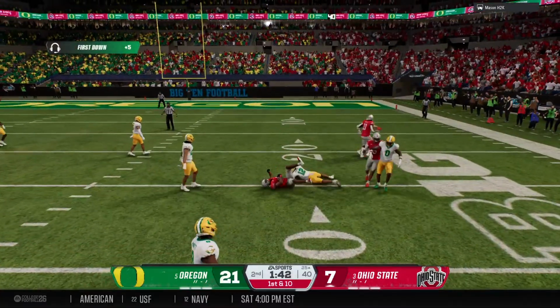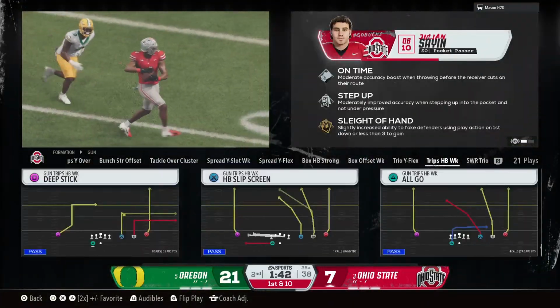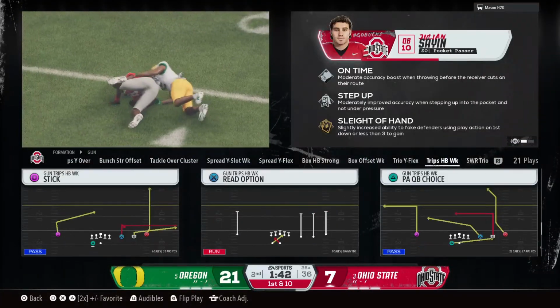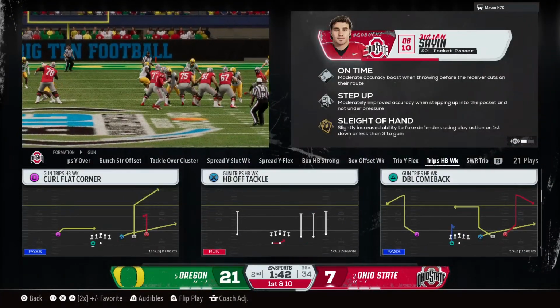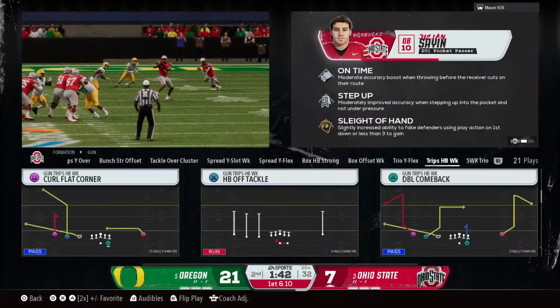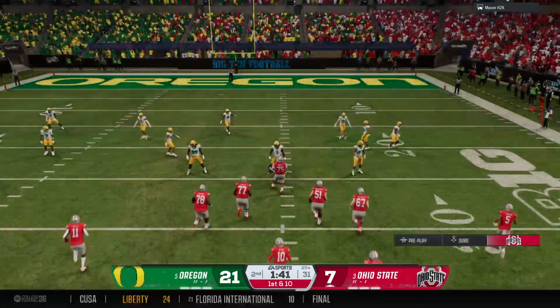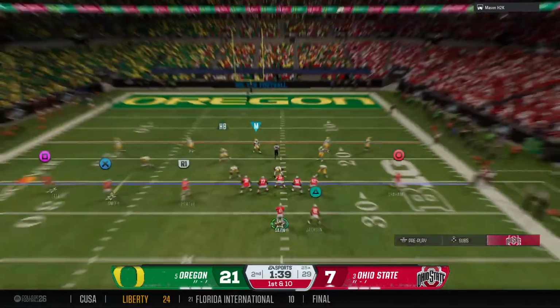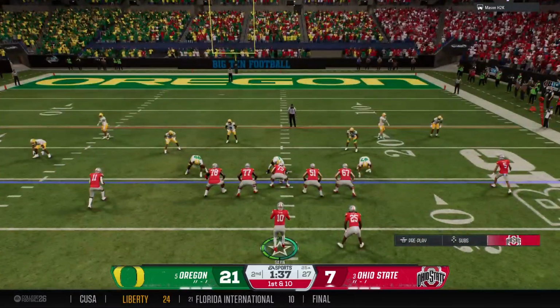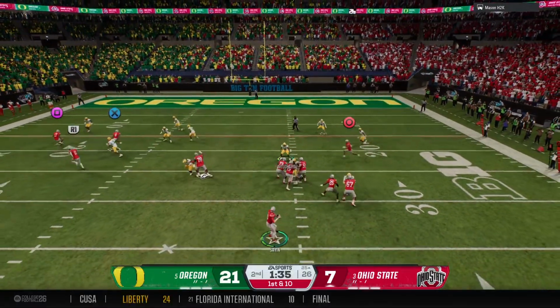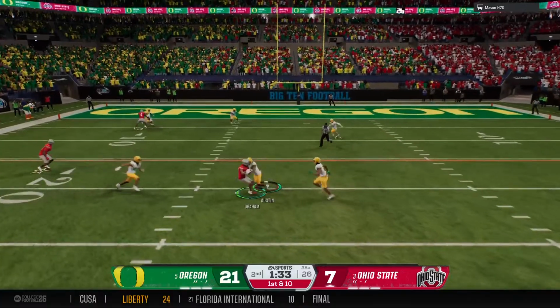Grab near the sticks. It's Smith. And he's brought down, but he does have enough for the first down. Anytime you have a chance to get this wide receiver isolated, get the ball in his hands, you do it. Completion good for first down yardage for this offense. Quarterback drops back, probing the secondary.